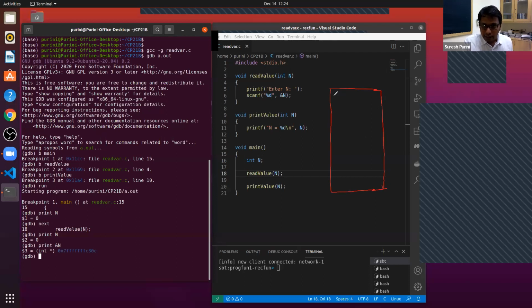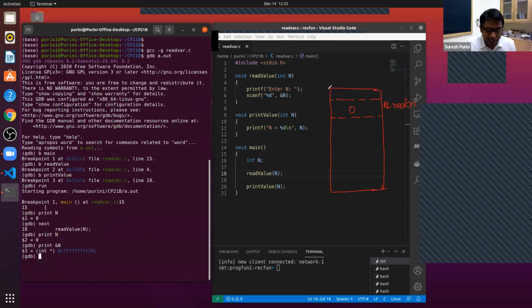In function main, we have this variable n, and I am calling this n_main to indicate that n is a variable in the function main. What is the content of n in my program? 0.